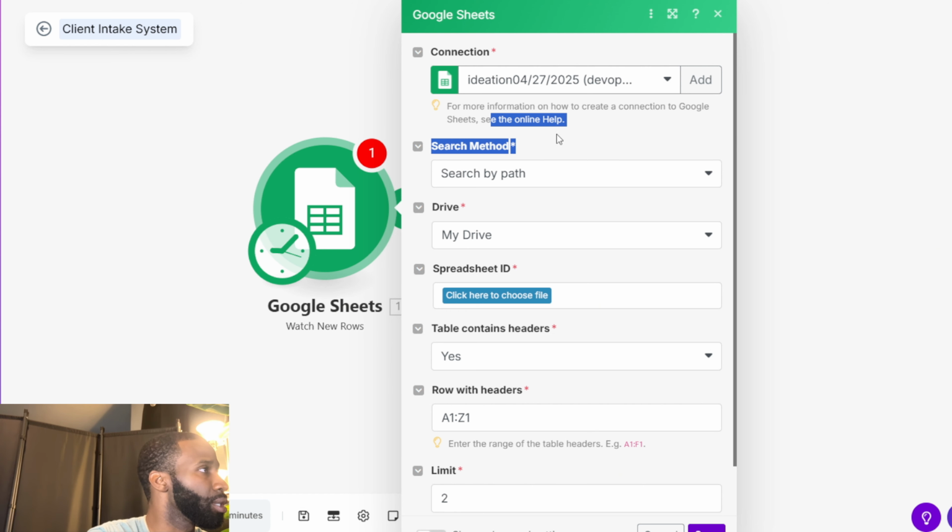But this I already connected, and I will drop some videos, maybe just some connection videos that I have, and sometimes I'll still show you in the video, maybe one of the modules, how to connect it. So for this, we are searching by paths, drive, spreadsheet ID. This is where we are going to pick the,